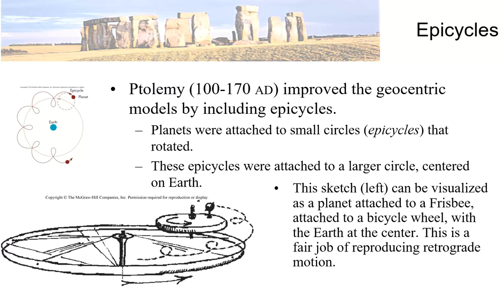So Ptolemy came up with this improvement on the Aristotelian model, and he called these little circles epicycles. I think the deferent is the big cycle, but I didn't look it up before class. It was an explanation, and this model dominated from about 150 years after the birth of Christ until